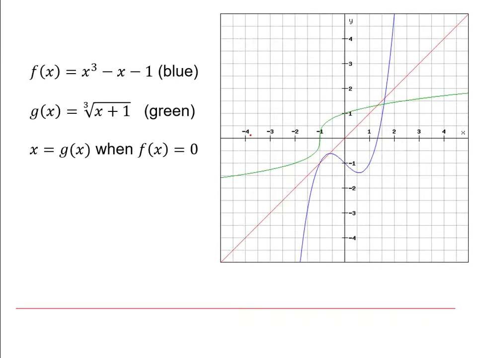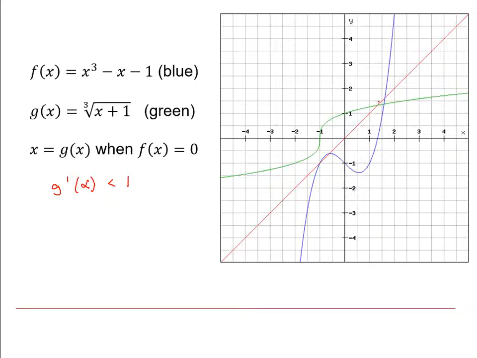Now this is the rearrangement of f(x) = 0 that we found in the previous video that produced a convergent sequence of estimates of the root. And it can be shown that the thing that determines whether the sequence converges is whether the gradient of the curve at the actual root is less than 1,